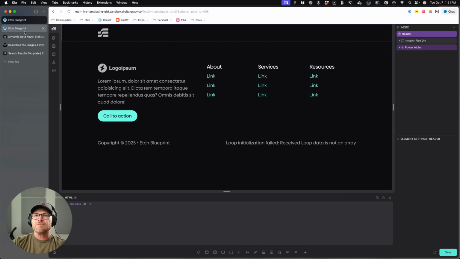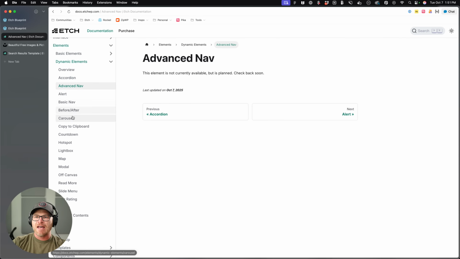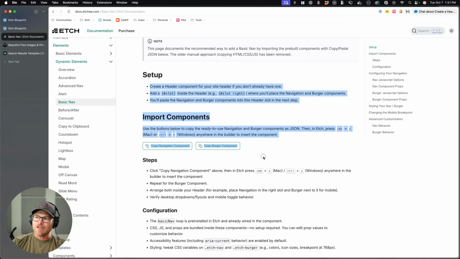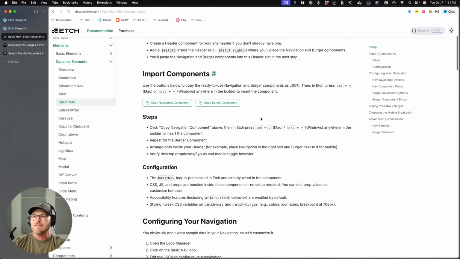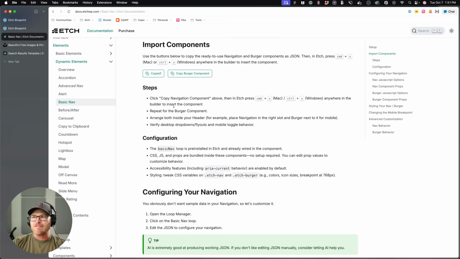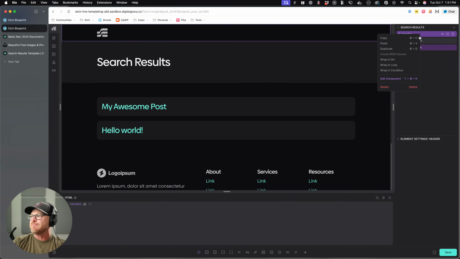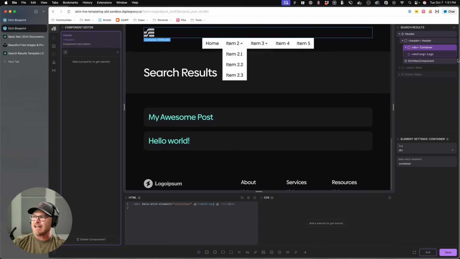What I'm gonna do is go over to Docs, Elements, Dynamic Elements, Advanced Nav, we need Basic Nav, okay? All right, you follow the instructions here. It does tell you in the instructions to add a slot, okay? I'm gonna copy the navigation component. There is a burger component. I don't think I'm gonna worry about that right now. I'm gonna come into the header, and in this container, I am going to paste, and there is a navigation